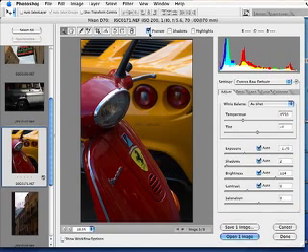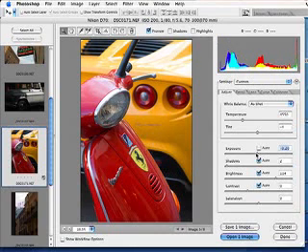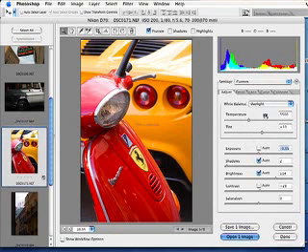Okay, so the preview function lets you see the changes that you've made. So let's go ahead and make some changes to this photo ourselves. We'll just go ahead and increase the exposure a little bit, and let's increase the contrast a bit too. So let's just go ahead and change the white balance. What the heck? Let's just switch it to, how's daylight look? Lovely. Okay, so we've made a couple little tweaks. We've changed the white balance, increased the exposure, and tweaked the contrast a little bit.